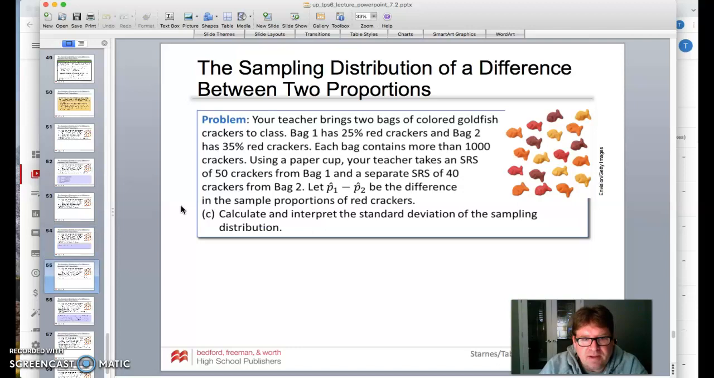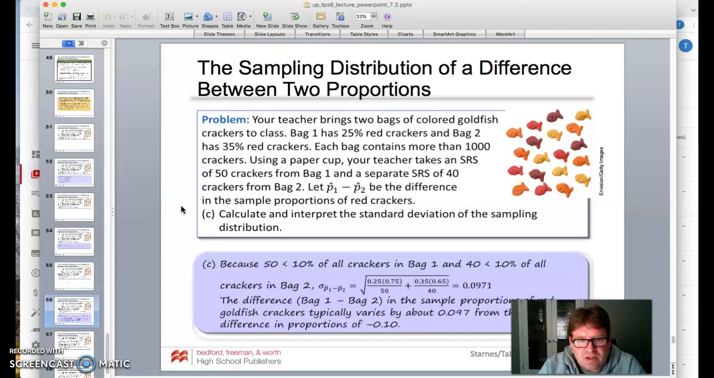All right, now calculate and interpret the standard deviation of the sampling distribution. So if we do that, we can use that formula where we take 0.25 times the probability of failure there of 0.75 and divide it by 50, and then we take 0.35 times 0.65, basically the probability of success times failure divided by your sample size. We're going to add those together and take the square root. So what we're saying here is that the difference from bag 1 to bag 2 in the sample proportions of red goldfish crackers typically varies by about 0.097